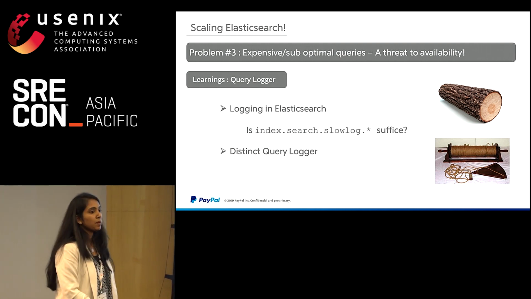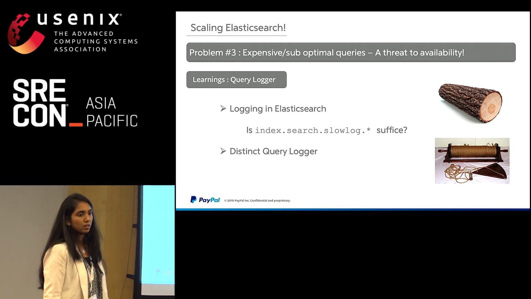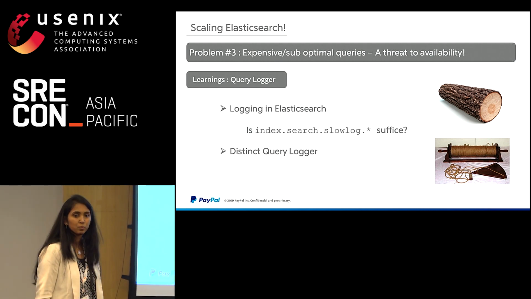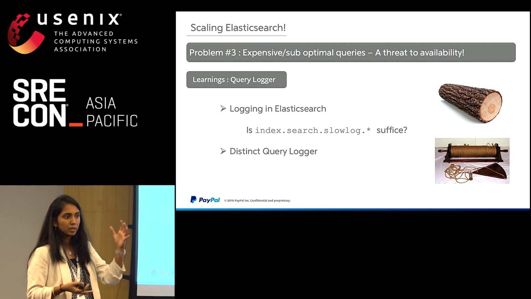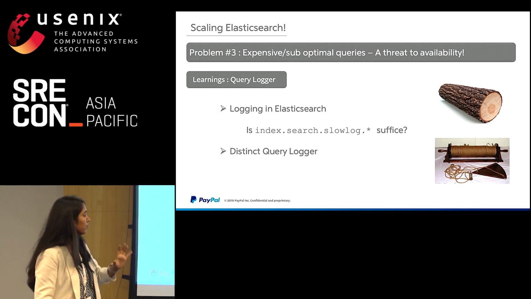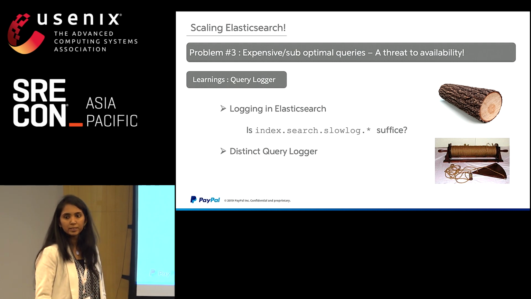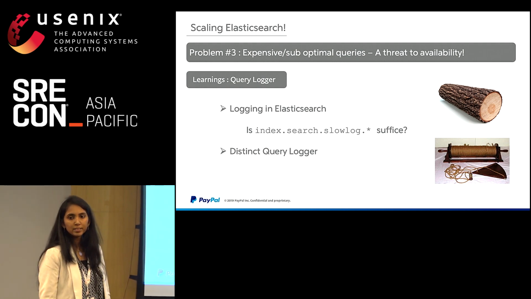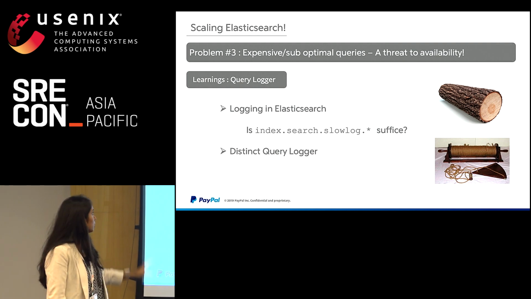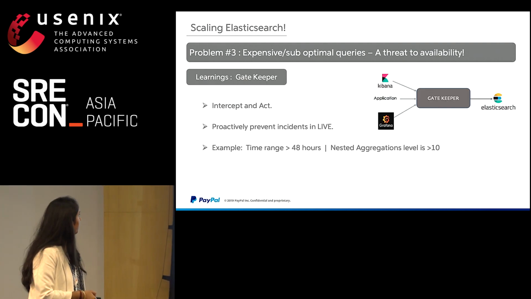So that's when we came up with our own distinct query logger, a custom logic which will strip out the values of a given query, sort the keys, and then compute the hash of a given kind of query. Anytime a new query comes into the system, we immediately figure out what it is and then analyze the cost of it. So that starts with the query logger.